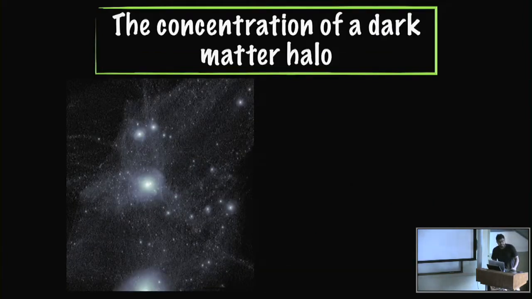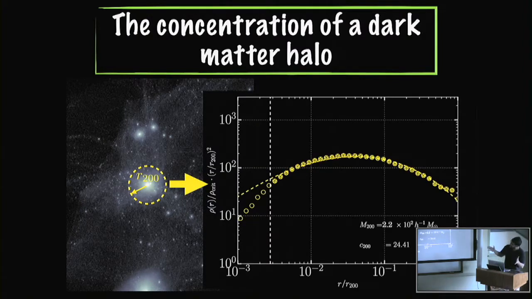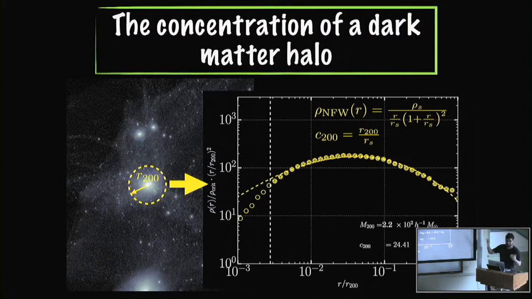The other thing that I said was of interest was to look at the internal structure of these halos. One way to parameterize this is in the form of something called the mass concentration relation. There's a lot of ambiguity regarding what the concentration actually is. To demonstrate what I mean, here's a halo that we've extracted from our simulation. It has a mass of around 200 solar masses. You can define some kind of boundary to it, defined by its virial radius, and you compute its density profile in spherical shells, shown by these yellow circles. The concentration is essentially obtained by fitting some kind of analytic form, such as the NFW profile, and you extract a concentration.